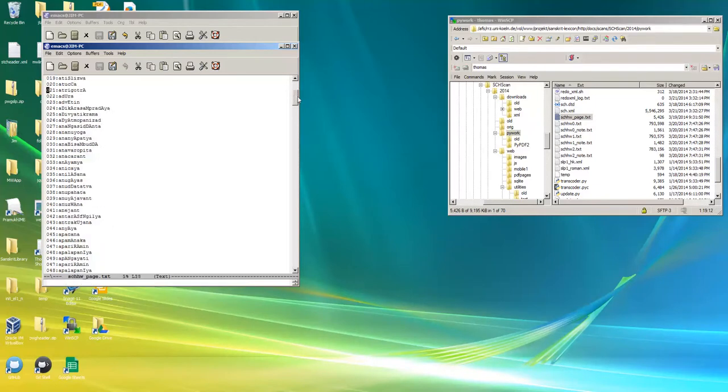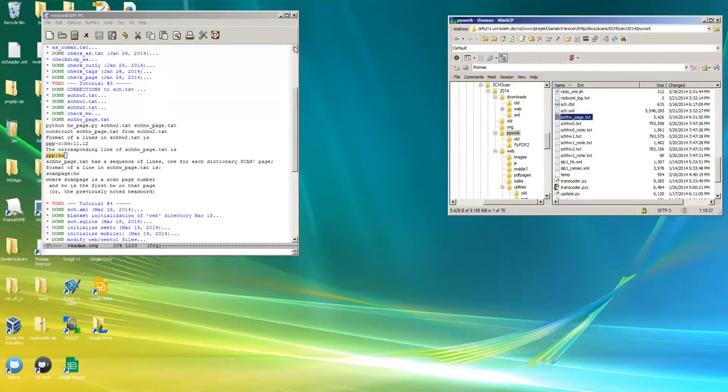And there's also another thing that came into play here. There's no page 380. That page 380 is like a blank page separating the end of the dictionary proper with the supplement to the dictionary. So that was taken into account in the construction of this file of first head words on page. So that's probably enough to do on